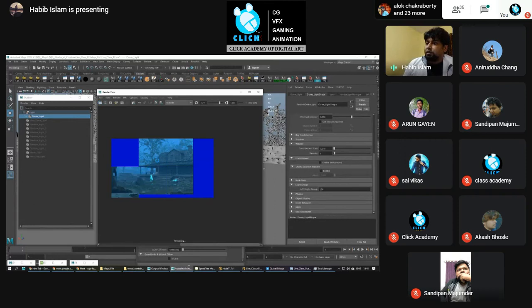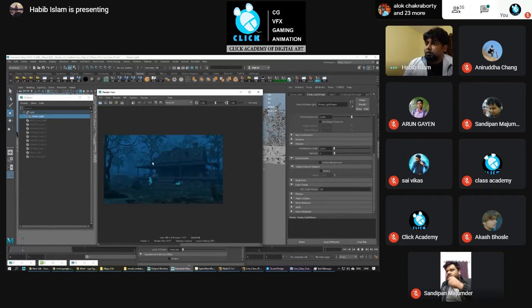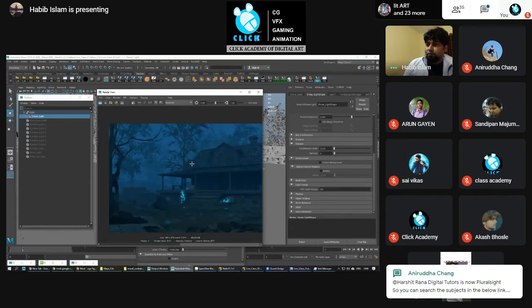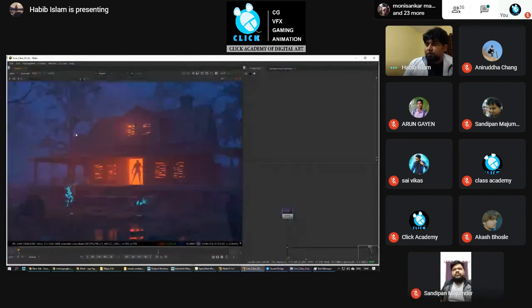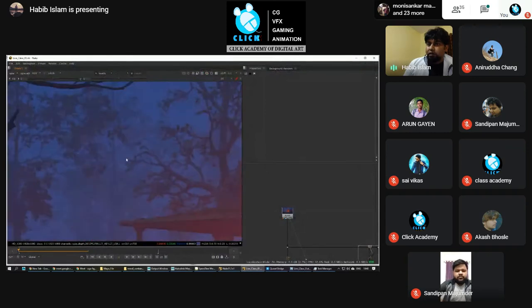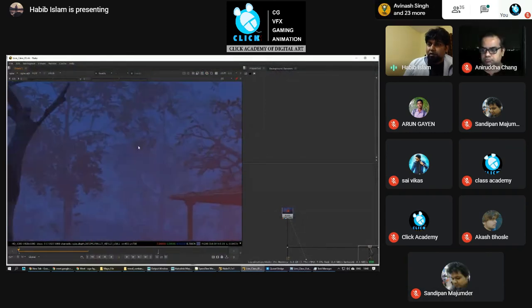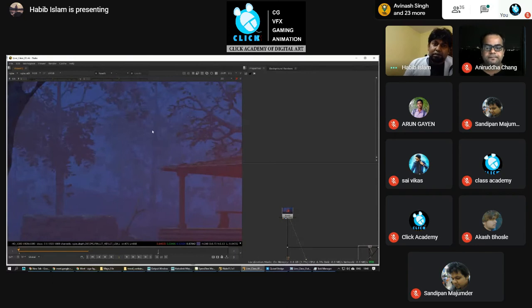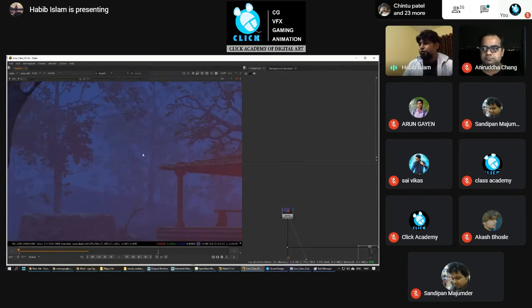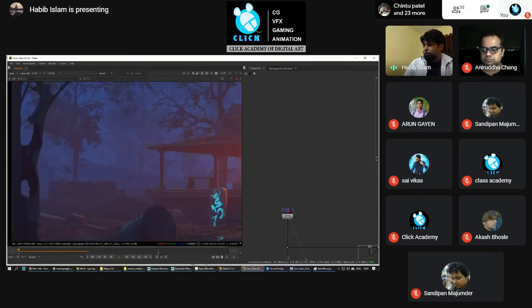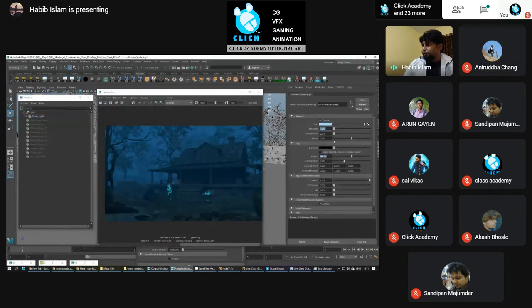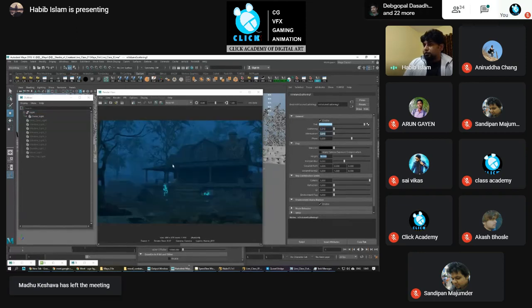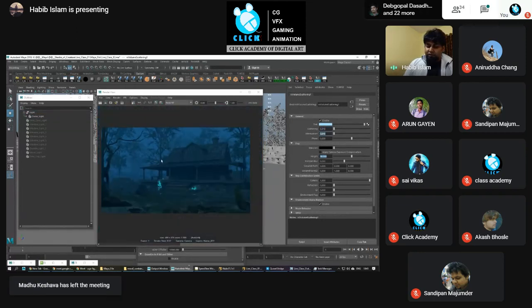Okay, so this is just a dome light with the environment fog. If you see here, these are the fog. There is only one light, but if you switch on the fog, obviously after that you will get depth. The depth control you need to do in the fog settings. All the settings are here in the fog setting. Then this is the environment light with fog scattering on.